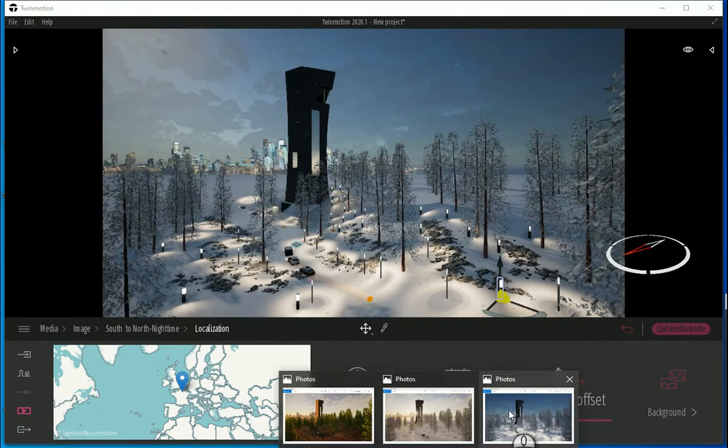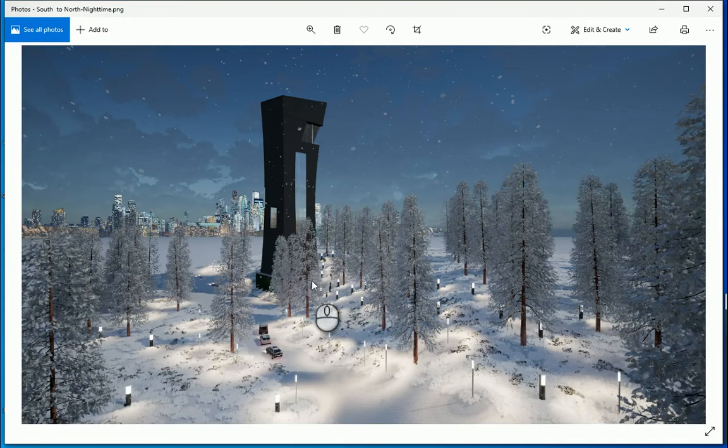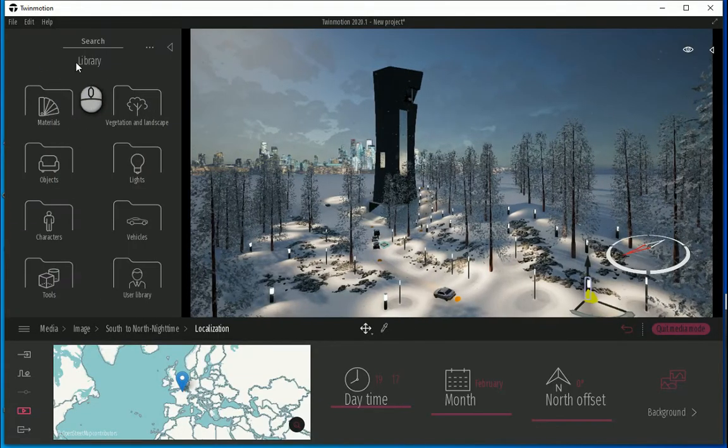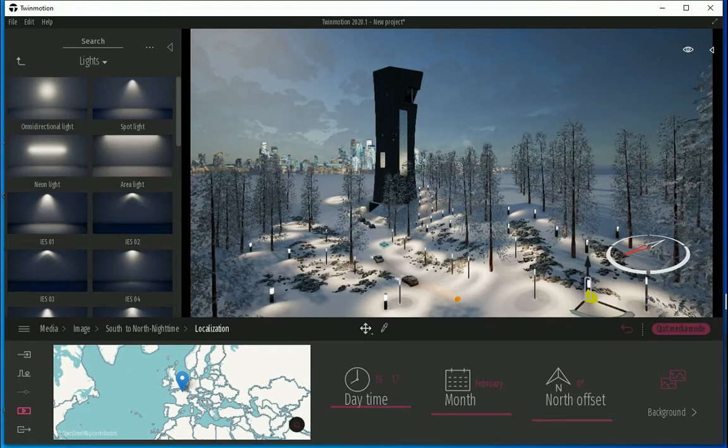Okay, so let's see. This is not too bad, but the thing is, everything is beautiful, but we are not seeing much of the building because we don't have some lights on the facade to make it a little bit more bold. So that's what I'm going to do. I'm going to go to the library lights.